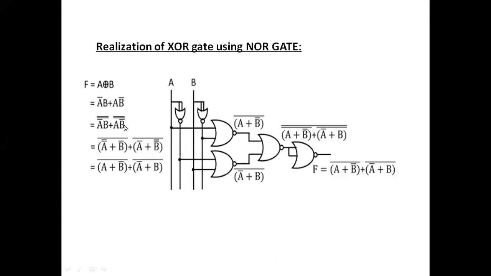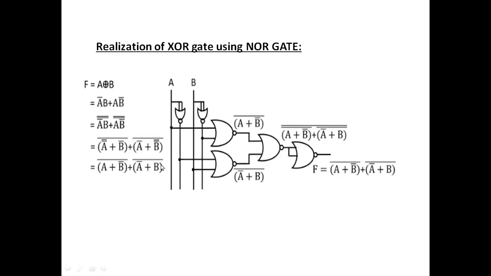Again, we are going to use De Morgan's law. De Morgan's law says that the whole complement of AND can be implemented by using individual complements of OR. So A, it is already having a complement. So A double complement plus B complement, plus A complement plus B double complement, and individually they are having the topmost complements. Now A double complement becomes A, so we get (A plus B bar) complement plus (A bar plus B) whole complement.